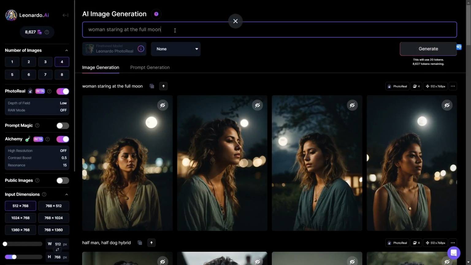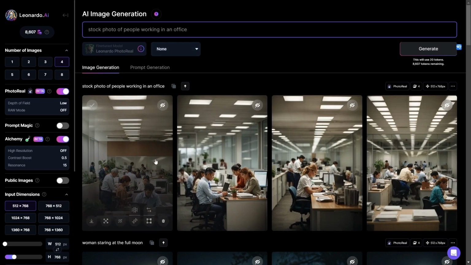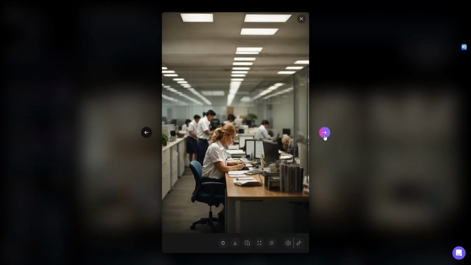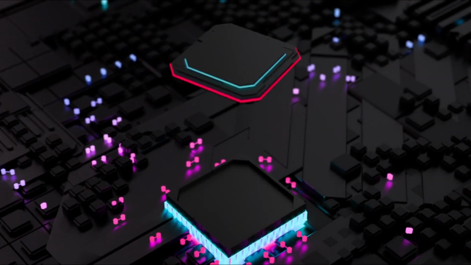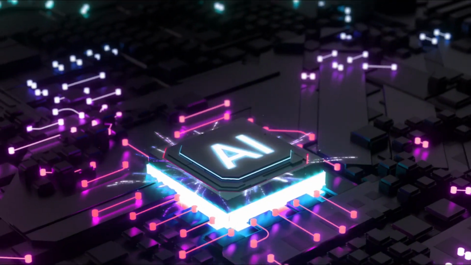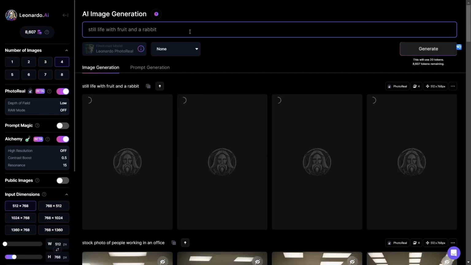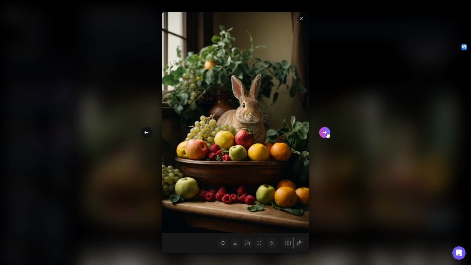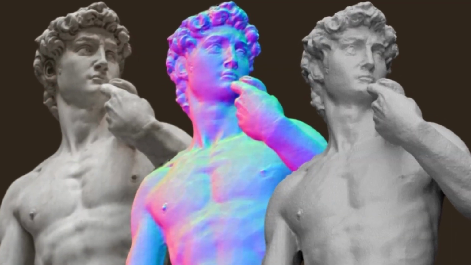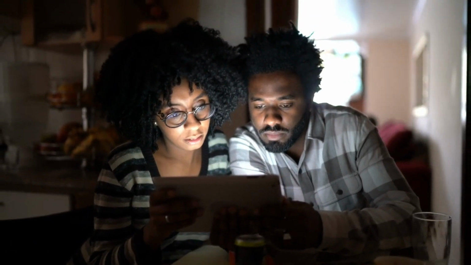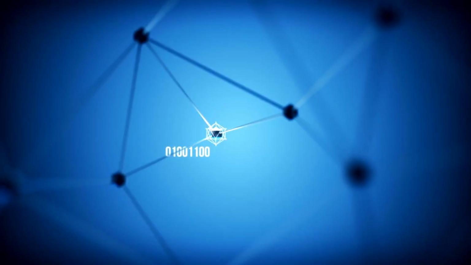As these technologies become more accessible, digital literacy and fact-checking are more critical than ever. AI has reached a point where it can create hyper-realistic images that are almost indistinguishable from reality. But how does it work? What's happening behind the scenes that allows AI to paint with pixels like a digital Michelangelo? In this video, we're breaking it all down, from diffusion models to neural networks, and exposing the technology that's redefining